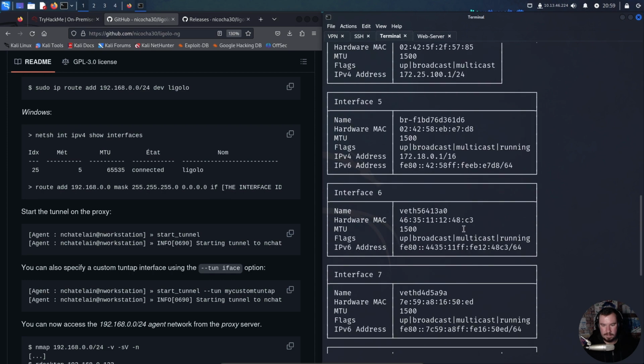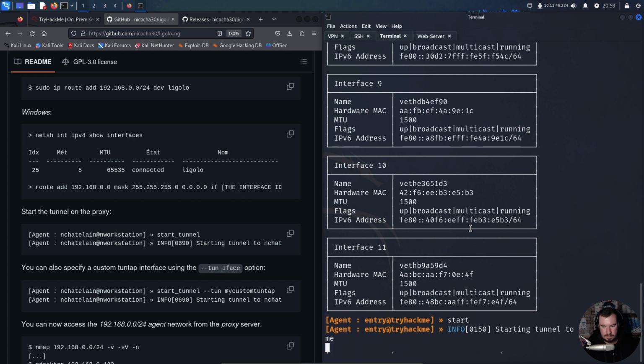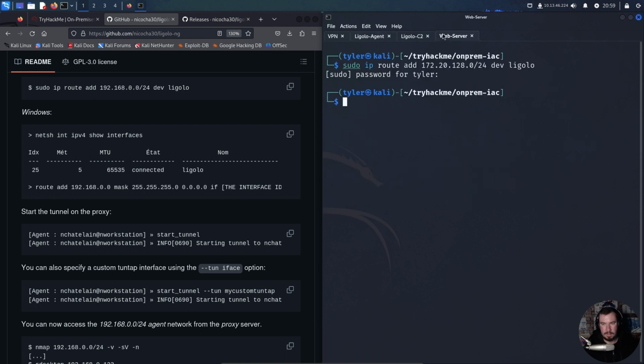So over here, last step, we'll hit start. And now we should be good to go. I'm just going to rename these tabs: Ligolo C2. And we'll call this Ligolo agent. And we'll call this terminal. And let's go ahead and get another